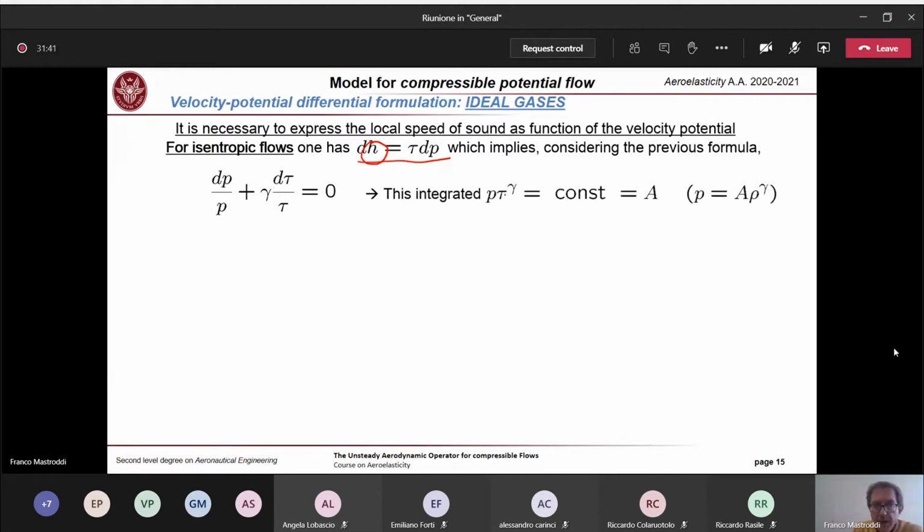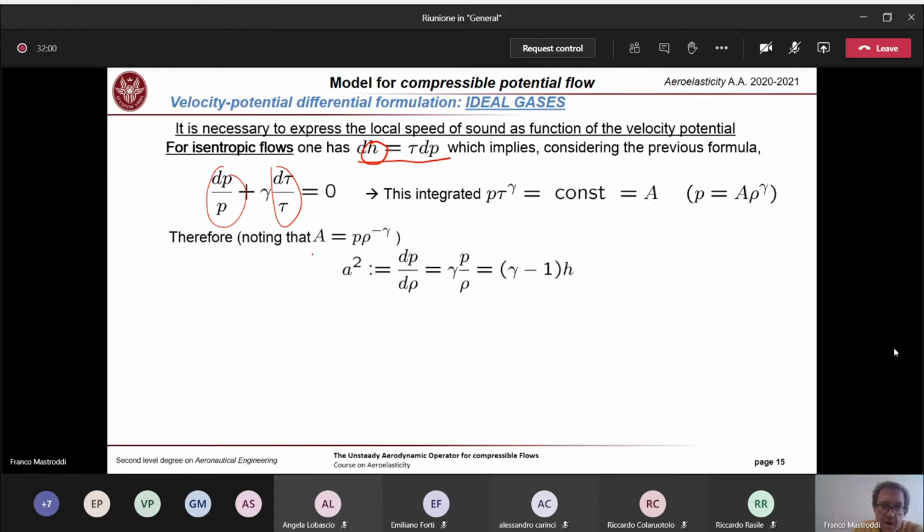And this implies that you can integrate, this is a logarithm integration, and we have that p tau to the power gamma is constant, and this constant is equal to a, and